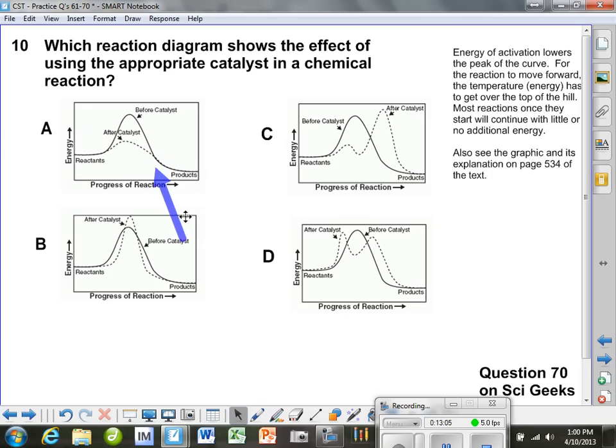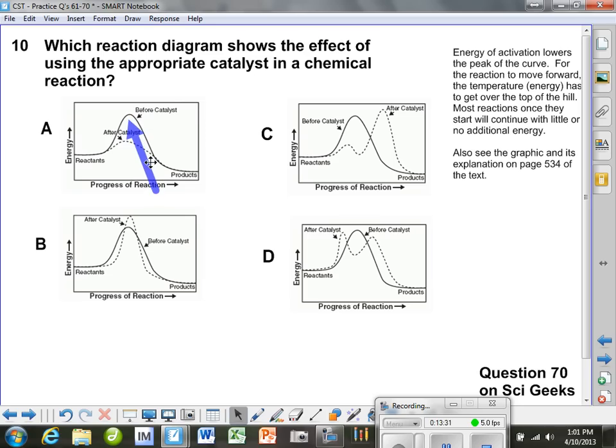Anyway, going over here to letter A, after the catalyst, the energy of activation, or the hill that we have to get over, is a lower hill. We can't move forward till we get enough energy to actually get up. See, energy is going up this direction. That's what you see in here. So we have to get enough energy just to get up to here,